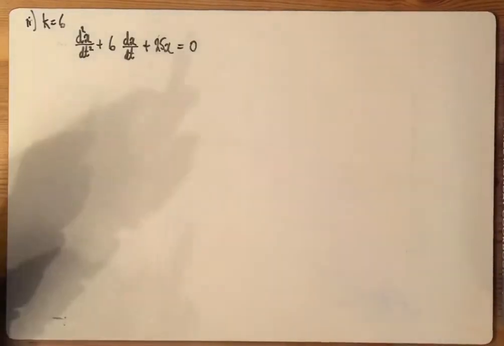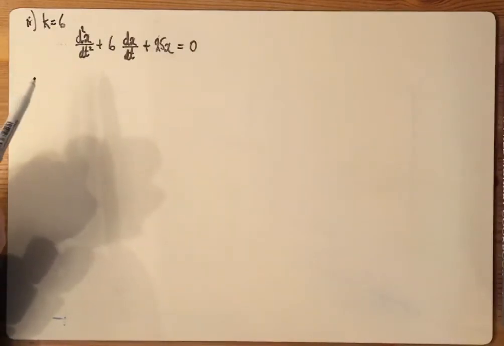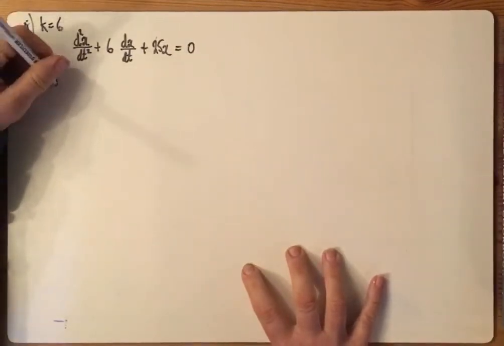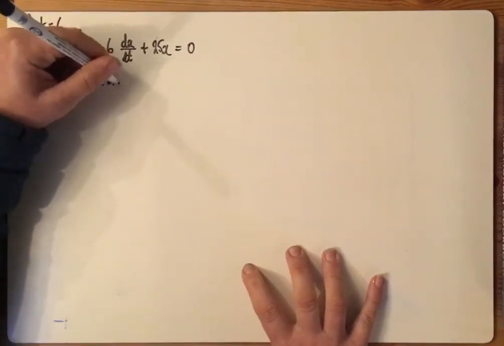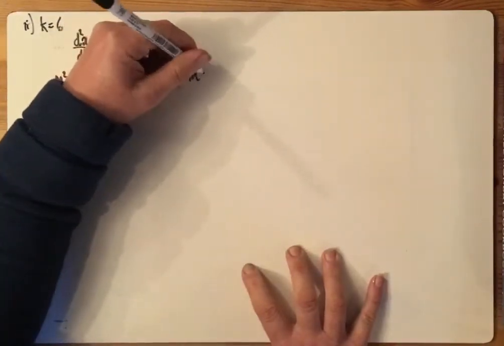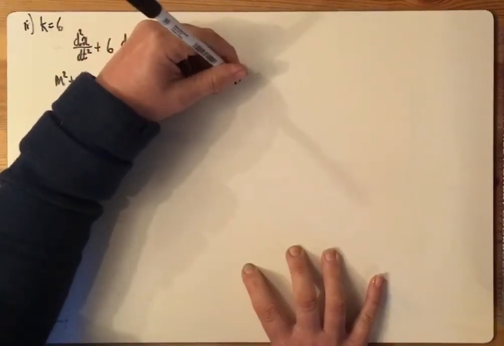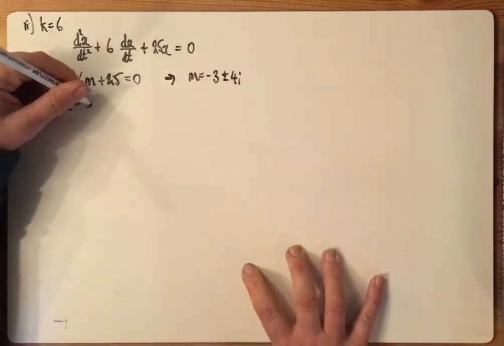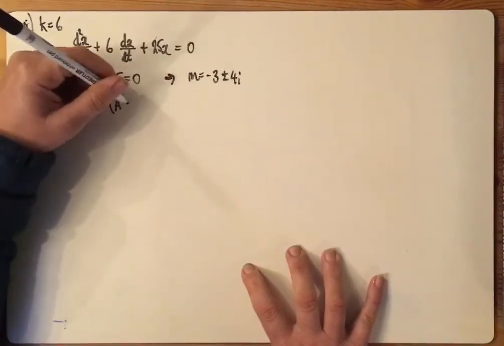Okay, second case, I'm going to let k equal 6. So we're solving this differential equation. And again, solving of it's quite straightforward, especially when these equal 0. So we've got m squared plus 6m plus 25 equals 0. You can just pop that into a calculator and you end up with m is equal to minus 3 plus or minus 4i. And so the general form for that is e to the minus 3t a sin 4t